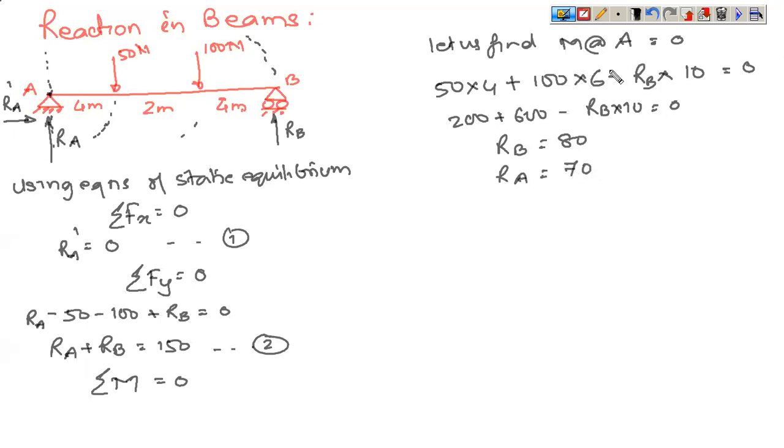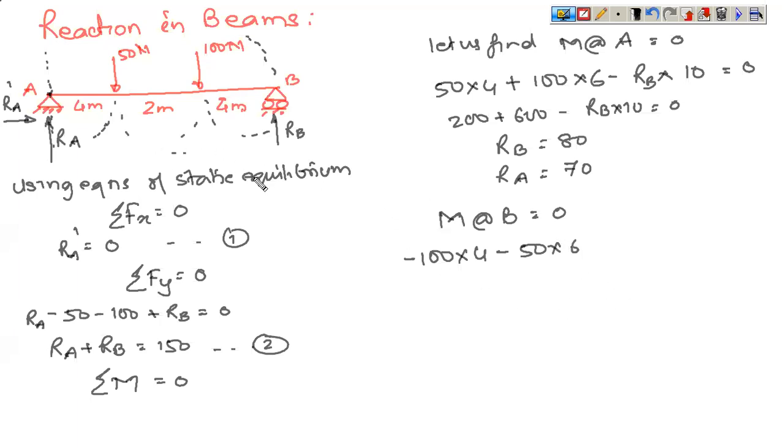It is not necessary that you had to choose moment about point A only. Let us say that if you had chosen point B. So if you write down the equation for moment about point B and equate it to 0, RB will be equal to 0. 100 is at a distance of 4. What is the nature? This is anti-clockwise in nature. So this is minus. This 50 is at a distance, minus 50 into 6. This is also anti-clockwise in nature.